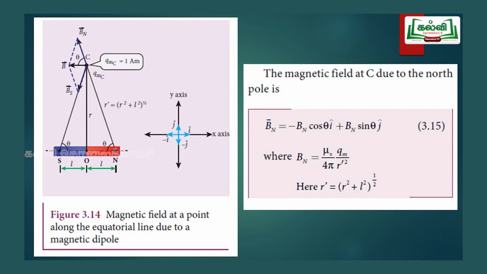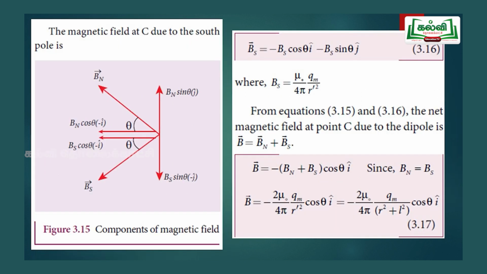For this we are going to resolve each magnetic field into two components, one along the horizontal direction and the other along the perpendicular direction. So this diagram has to be there. The first diagram is about the bar magnet and the point where we are going to calculate. Now this is about the splitting of the components into horizontal and vertical. Here we have to split the magnetic field due to the north pole and the south pole, both into horizontal and vertical directions.